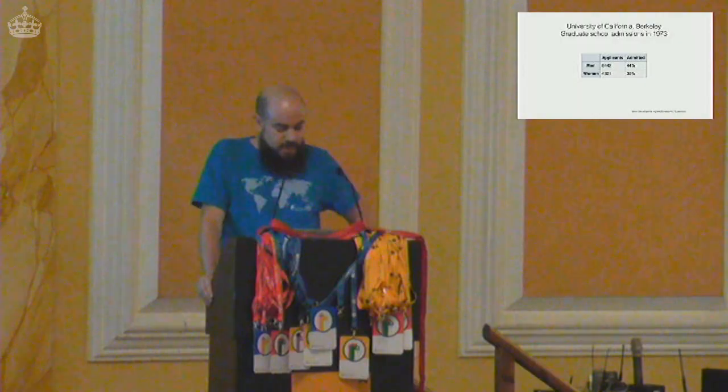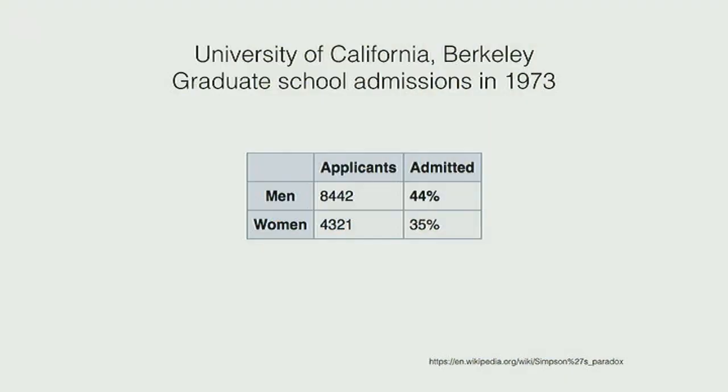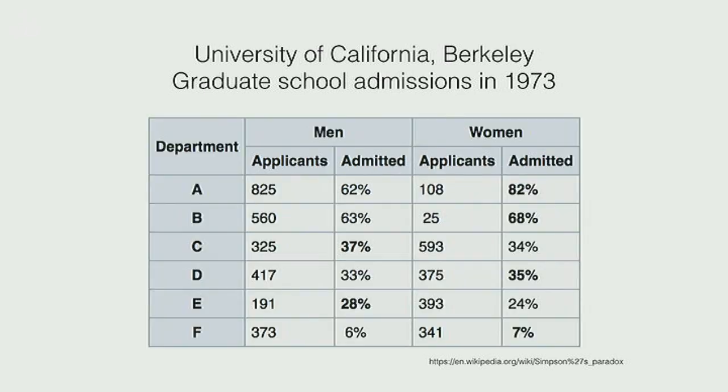As a textbook classic example, we have some numbers about university admissions, University of California in the 70s, and they reported some numbers labeled as men and women applications and the percentage of admissions. And there is a difference between the percentage of admission. So looking at the numbers, it's kind of fair to ask the question, is there any kind of gender bias going on here? Now, once you have this data, if you break things down and you look at the same type of information but per department, you see a slightly different story.